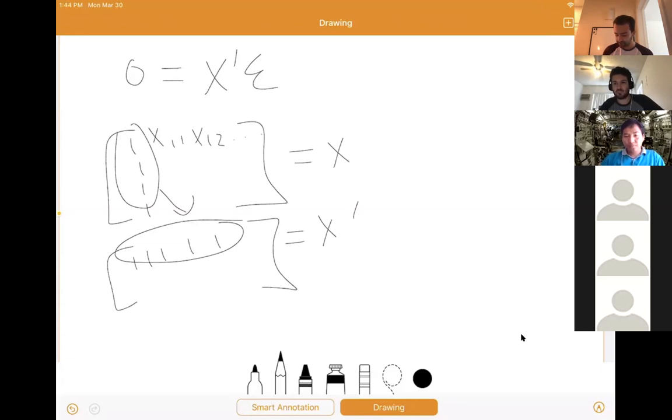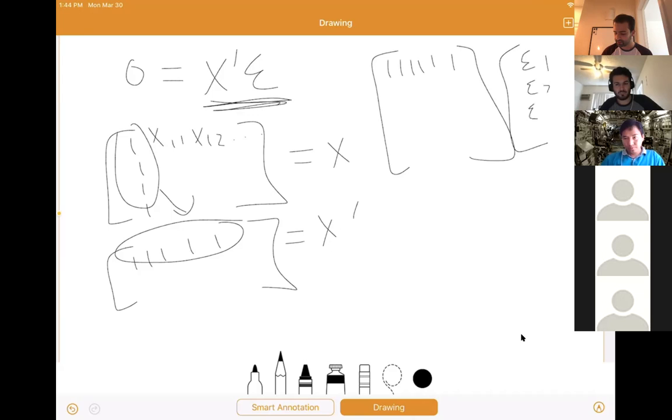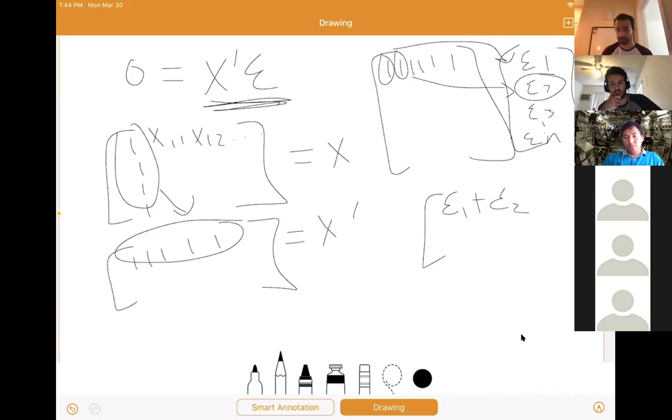If we do X transpose times epsilon, the first result of this dot product is going to be a vector of ones, 1, 1, 1, 1, 1, being multiplied by a vector of epsilons, epsilon 1, epsilon 2, epsilon 3, all the way up to epsilon n. The first term is basically saying 1 times epsilon 1, plus 1 times epsilon 2, plus the same pattern continuing. So basically we're adding up all the residuals. If we're saying that x prime epsilon is equal to 0, we're basically saying that entire matrix resulting from that dot product